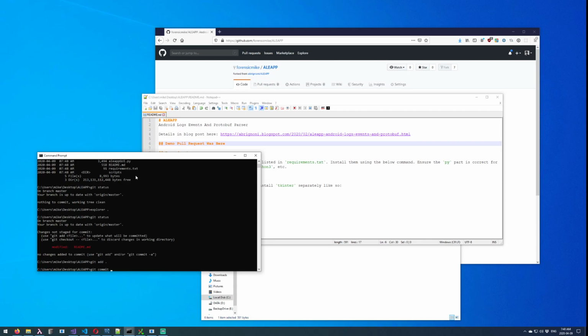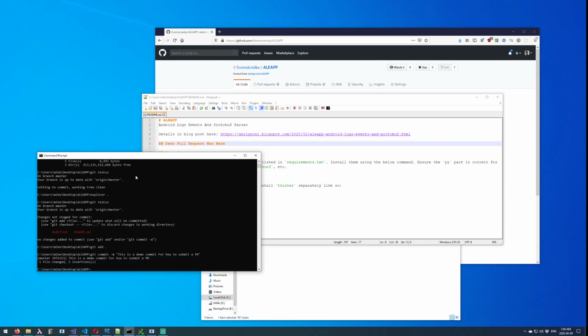And then I'm going to go git commit, and then you got to give it a message. So I'm going to put in something along the lines of this is a demo commit for how to submit a PR. Okay, now the commit is done, which in a lot of programmers' minds might make you think that